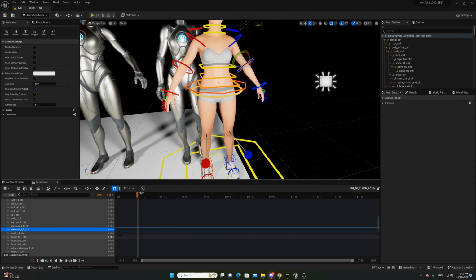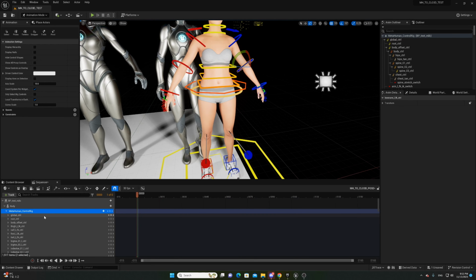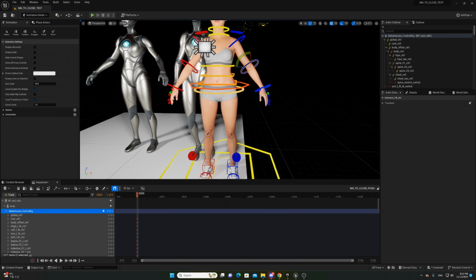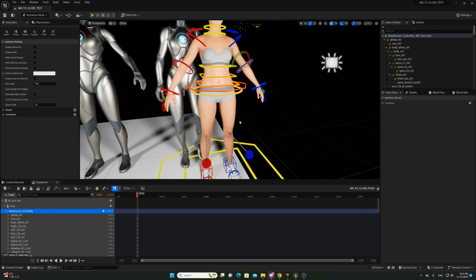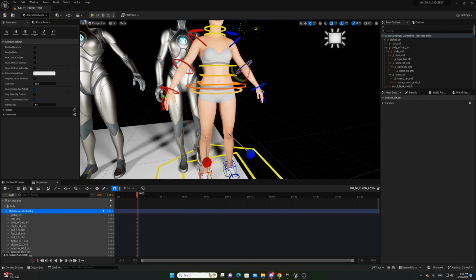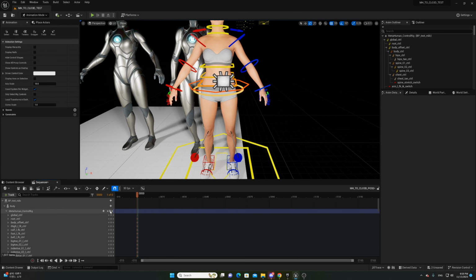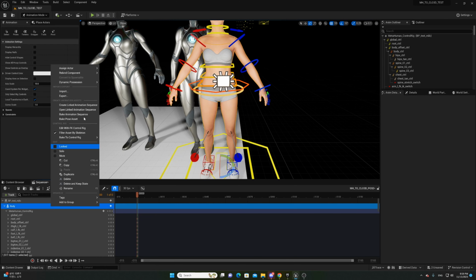Then after that, you can move on to the Metahuman control rig, and then you add a new key. Okay, that means you can make a nice A pose. So as I mentioned, you can create many different poses from the Unreal Engine. Okay, then you can create a new key